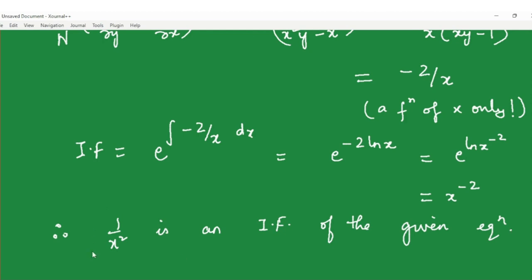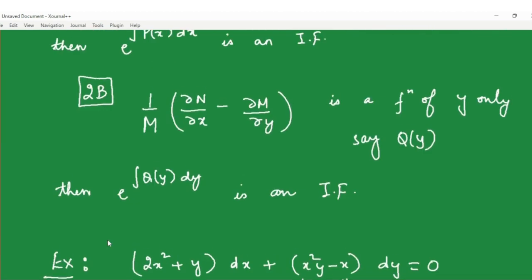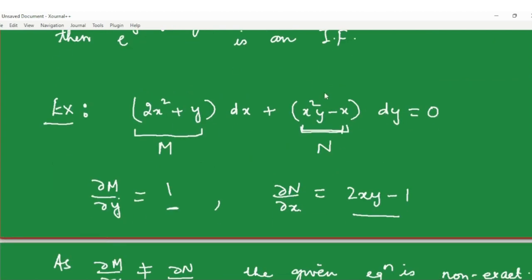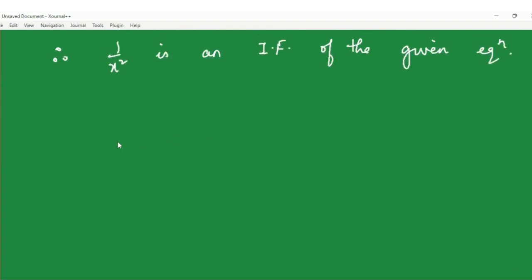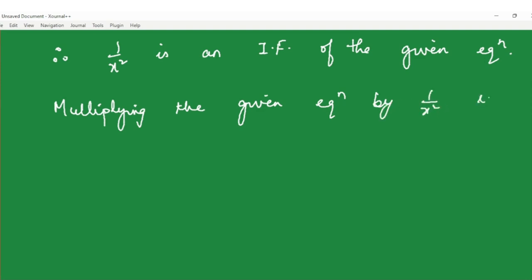That means if you multiply the given equation by 1 by x square, this was the given equation, (2x square plus y) dx plus (x square y minus x) dy. Let me copy it down. So the given equation, multiplying the given equation by 1 by x square, the resultant equation becomes